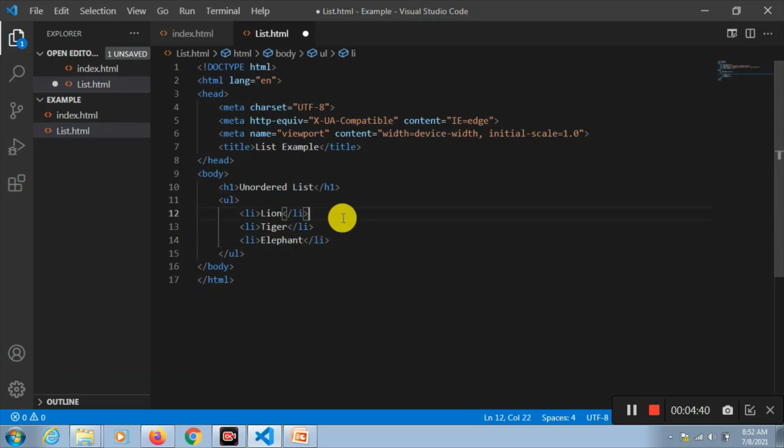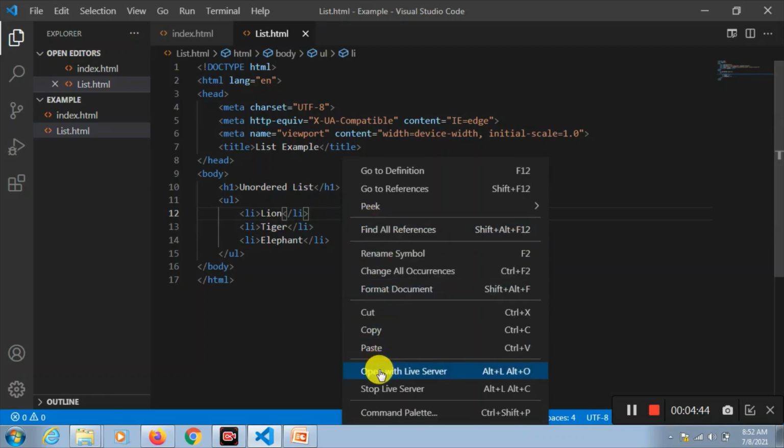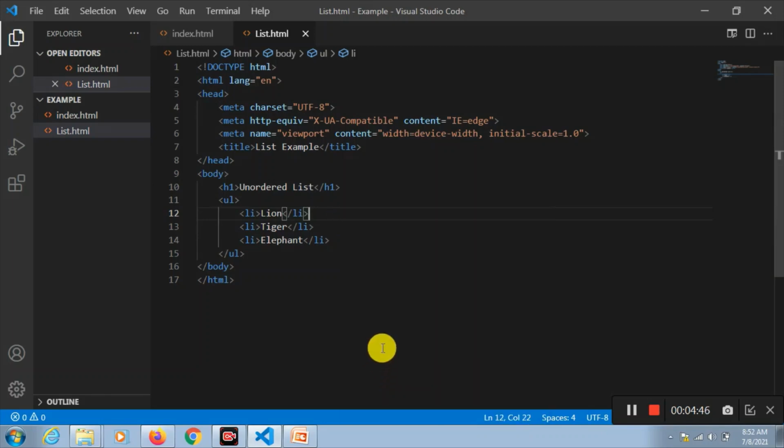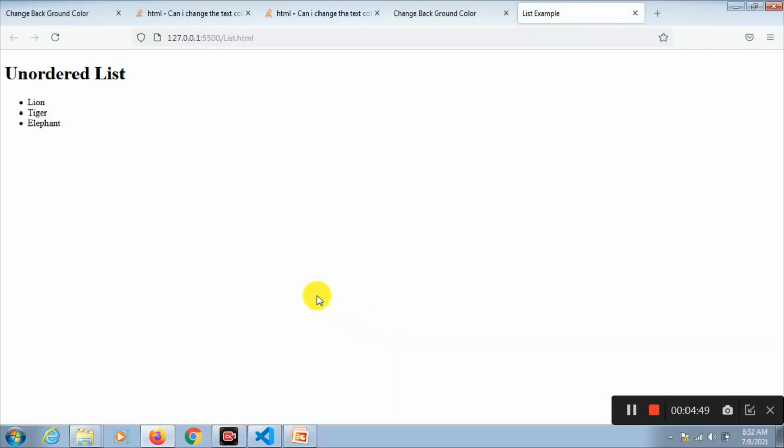And let's see. Save it. And let's open in the web browser. There we are. This is the default symbol that has come. If you can see something like a dice, this is a default symbol. This symbol is called dice symbol. You can change the symbol if you want. How to change it?